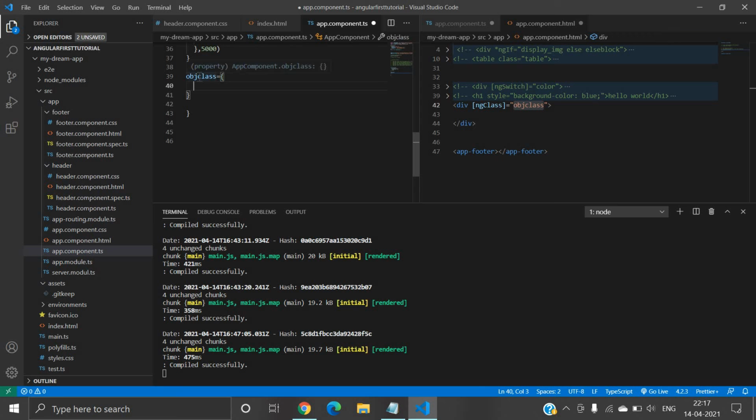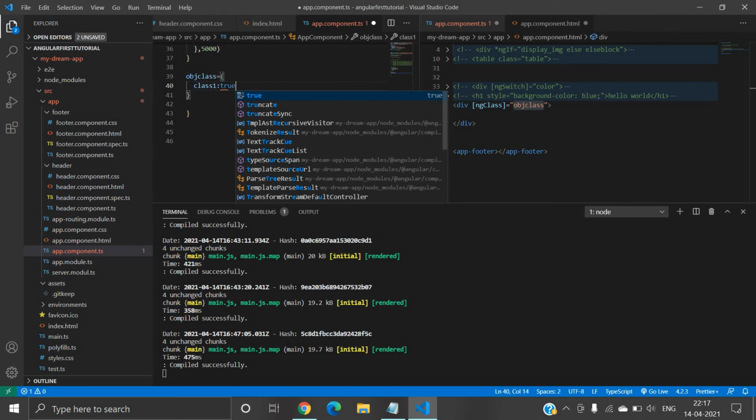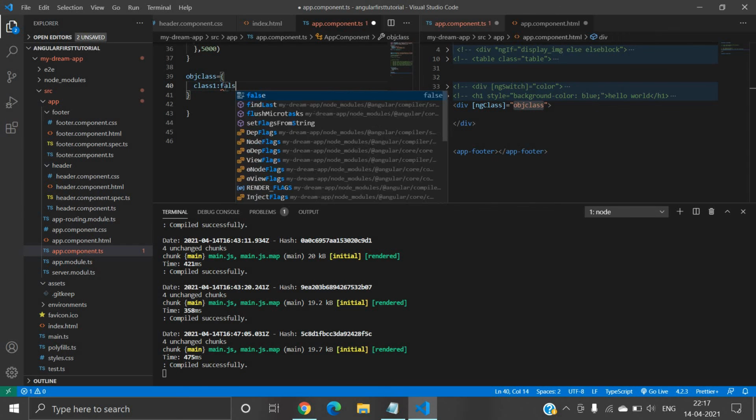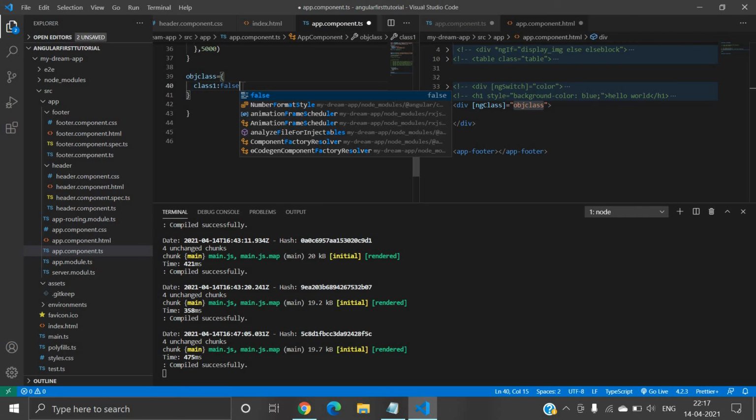Let's say class 1, I want to set true. When I set this class value to true, it will display the styling. When I set a false value, now you can see, it will not display it.